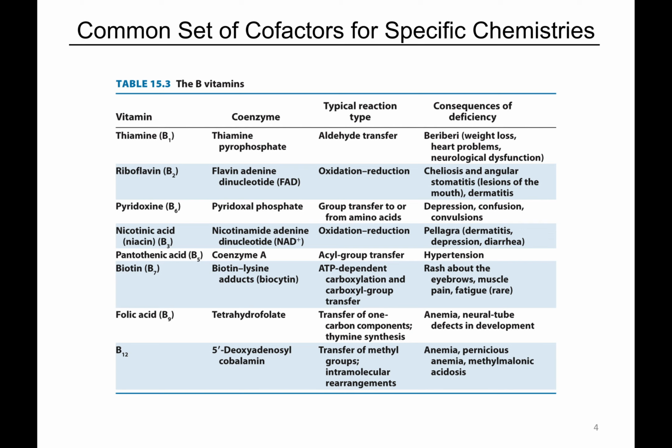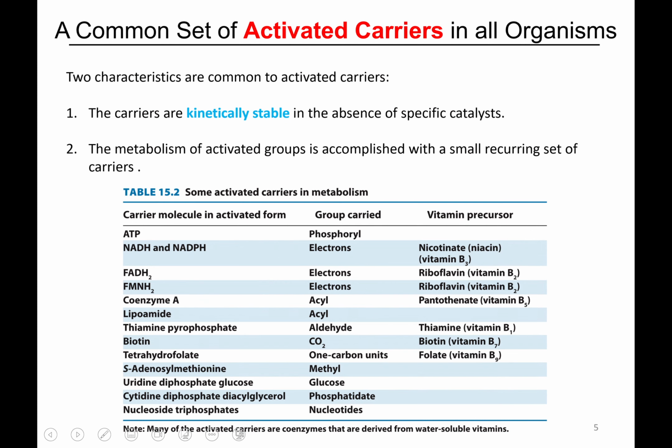We haven't talked about biotin. We will. We briefly talked about tetrahydrofolate, folic acid. This is really important for moving methyl groups in different oxidation states. And then vitamin B12, you saw in one of the problem set questions, and it basically allows us to rearrange carbon skeletons, right? These are central themes that we see over and over. So if you understand how it works with one reaction, you understand how it works with all of them.